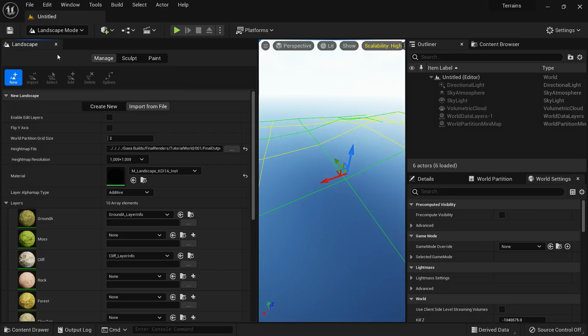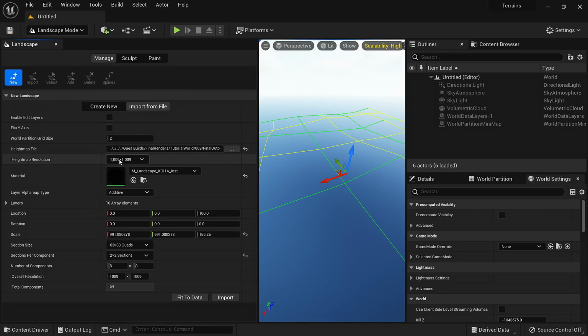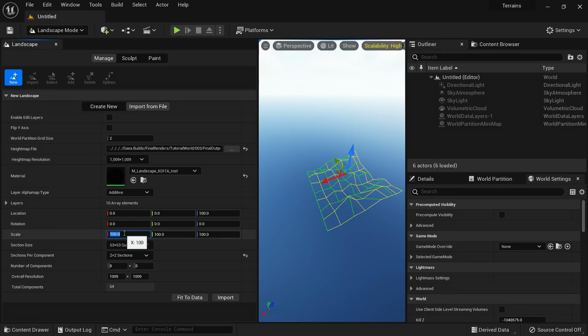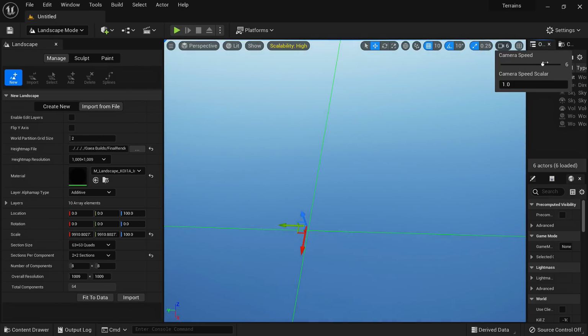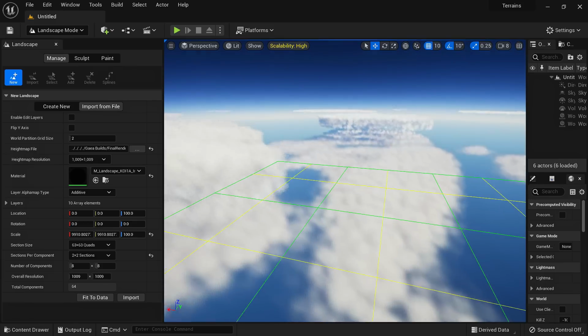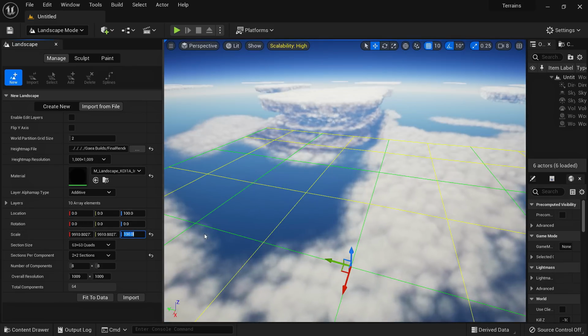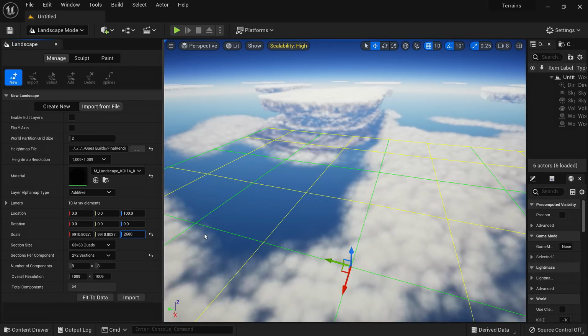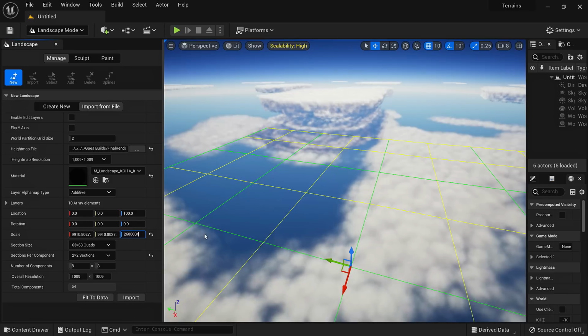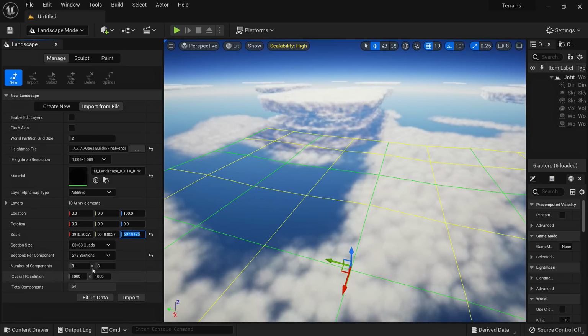All that's left is to create it. So I'll import that file. It's again the same height map resolution. If you are creating that big of a landscape, you'd want a bigger height map so you can see some details. Now let's reset the scale. This time it was 100,000. Now let's multiply it by 100, so two more zeros, and divide it by 1009. Just increase the camera speed, and okay, it's way too big. And in the Z it was 2600 meters. So 2600 multiplied by 100 and divided by 512, and just click import.